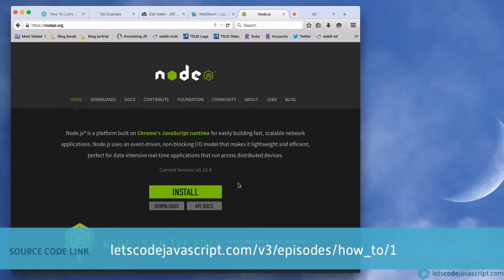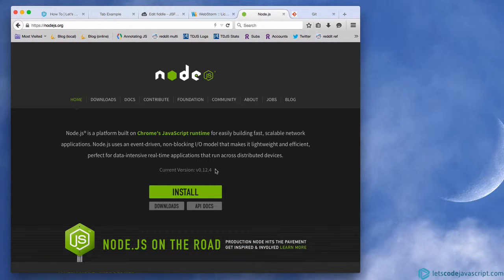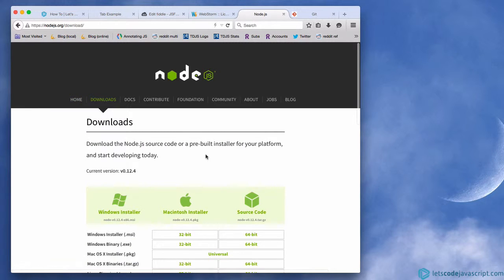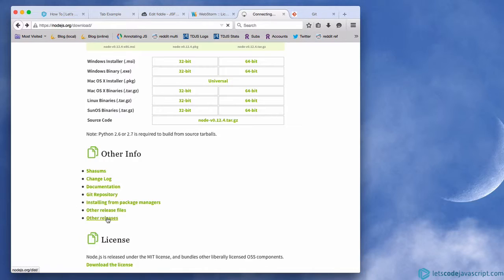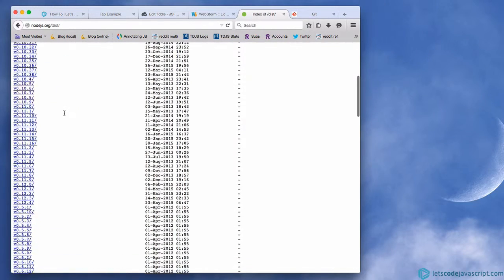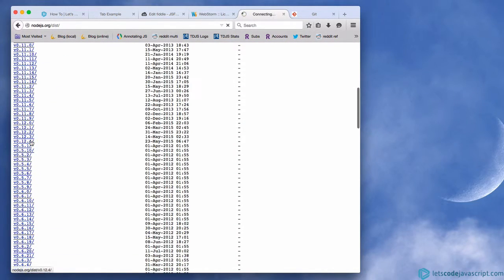So you can see underneath the video on the Let's Code JavaScript site a link to the source code that we're creating during this episode. Every episode will have a source code link. If you want to make that code work, or if you want to follow along with the show, you will benefit by using the same version of Node that we do, which again is 0.12.4. To get that, you're going to go to Downloads, scroll down, click Other Releases, scroll down to 0.12.4, and